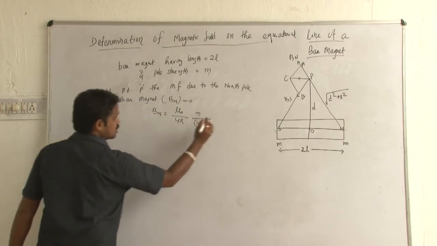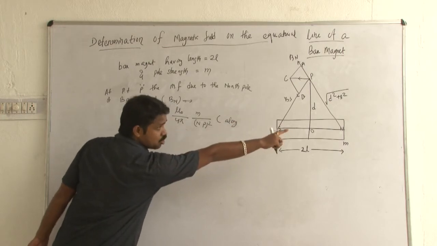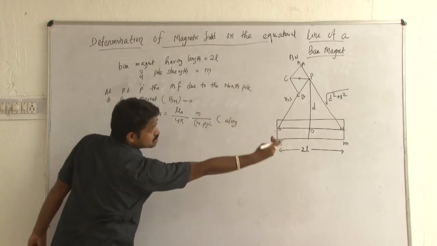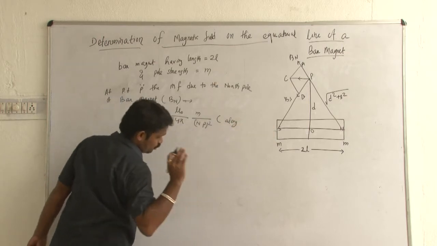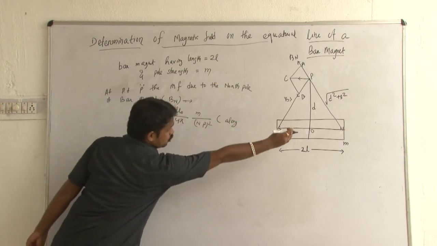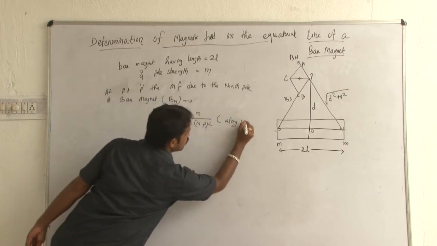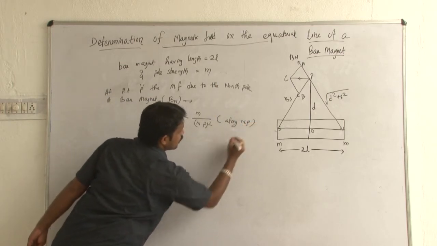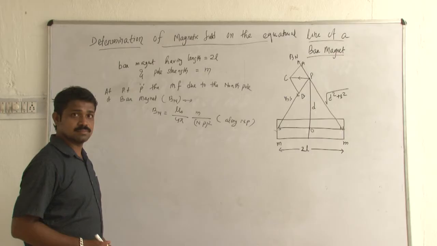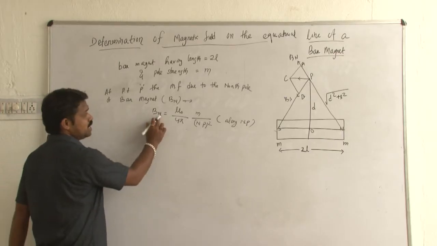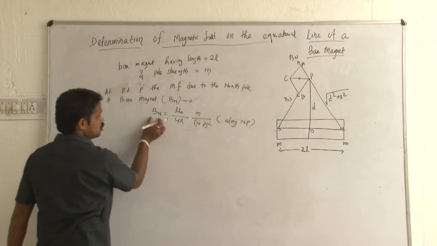Clear? And what is the direction of it? The direction is very important. Look at it. It is the north pole, so the magnetic field lines are going outward. So the direction of the magnetic field Bn is along NP. Clear all of you? That is from N to P. Okay. So this is Bn. I will consider the magnetic field at point P due to the north pole as Bn.